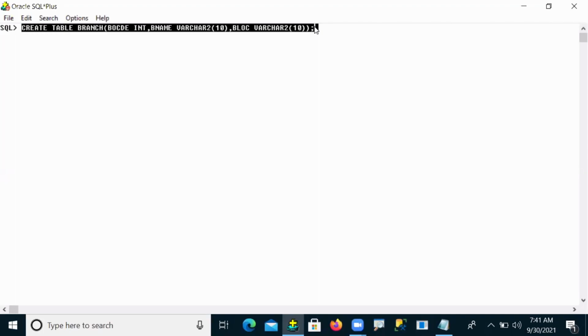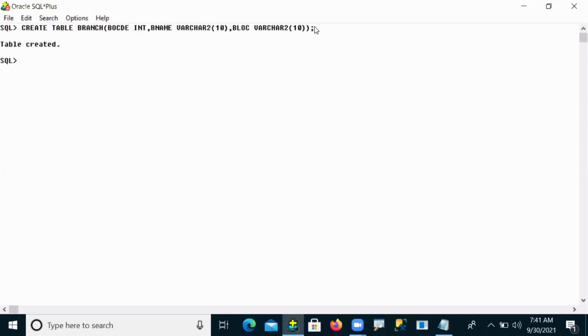Fine. Now, after creating this, when I execute this query, what happens? You can see I executed it. Guys, tell me, is this table created temporarily or permanently? Is it temporary or permanent?